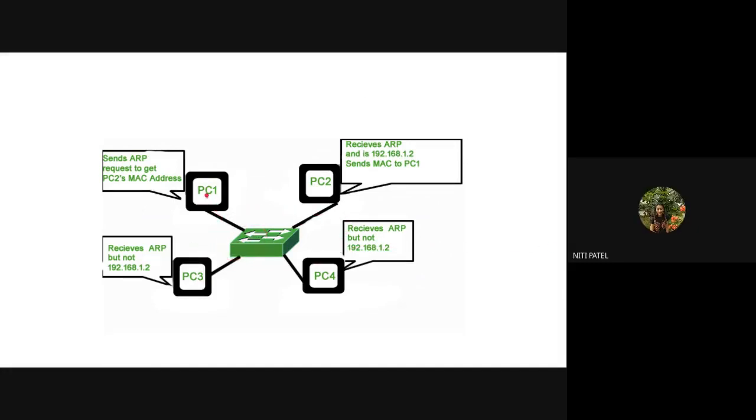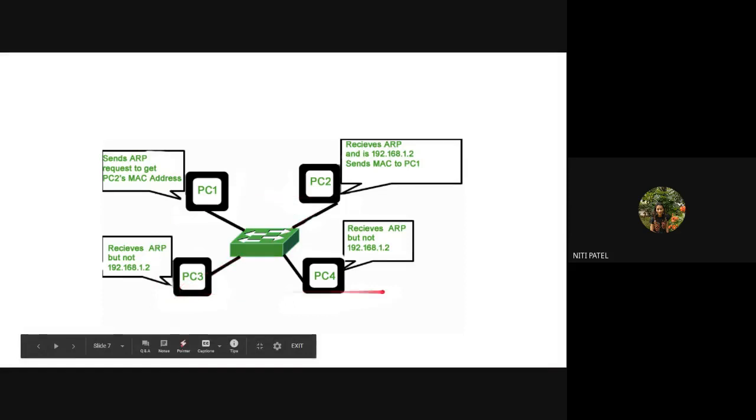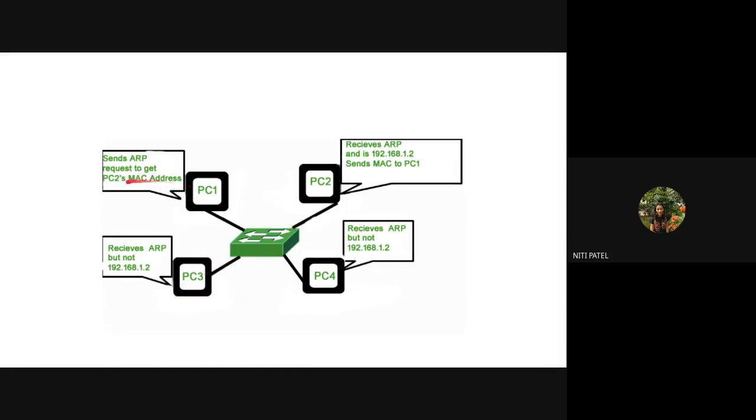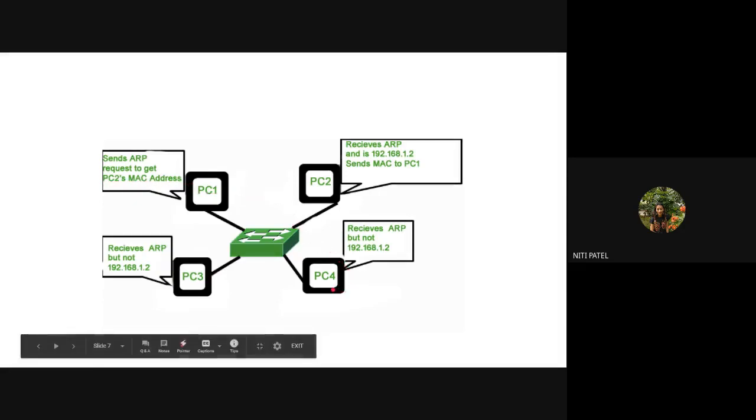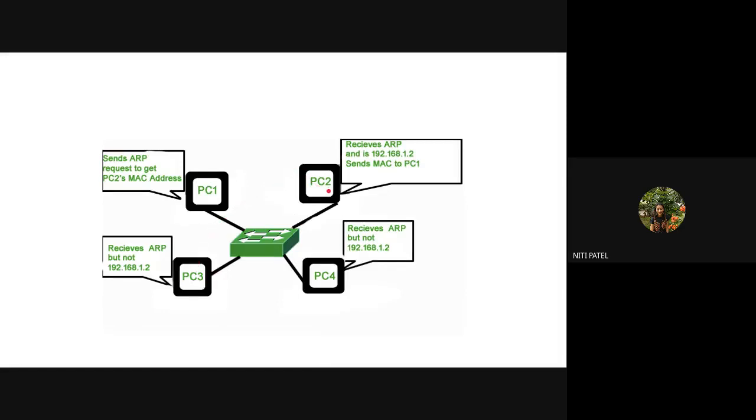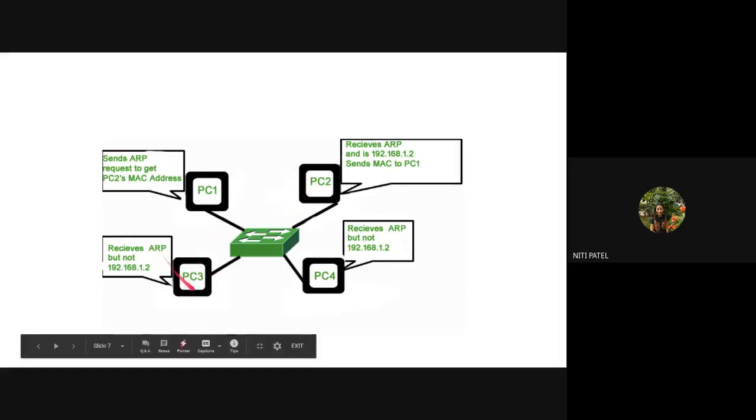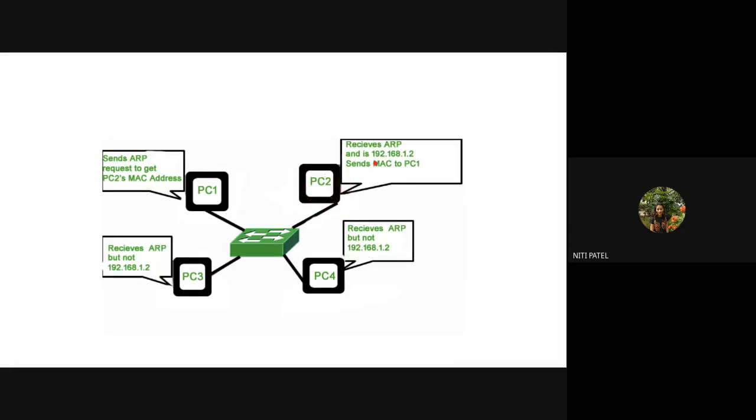If you see in the network, we have 4 systems: 1, 2, 3, and 4. The sender sends an ARP request to get PC2's MAC address. So the sender has sent a broadcast message, but it wanted what? It wants the MAC address of PC2. It has been received by PC4, by PC3, and by PC2. But it will be rejected by PC3 by checking the IP address, and rejected by PC4 by checking the IP address, but it will be accepted only by PC2 since the IP address is matched.